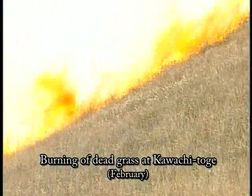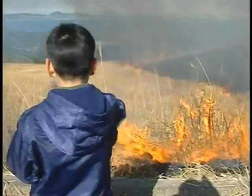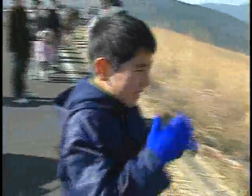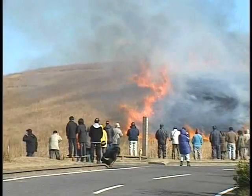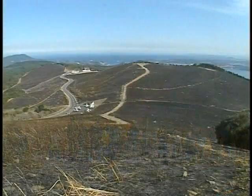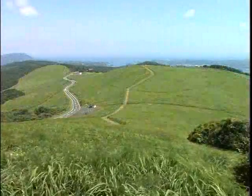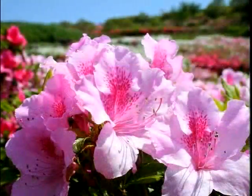Mountains, the sea, and their blessings. Hirado always has an abundance of attraction. You might just like to enjoy the passing of the seasons. The nature in Hirado does that to